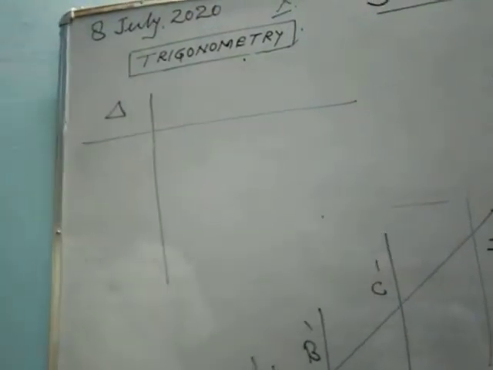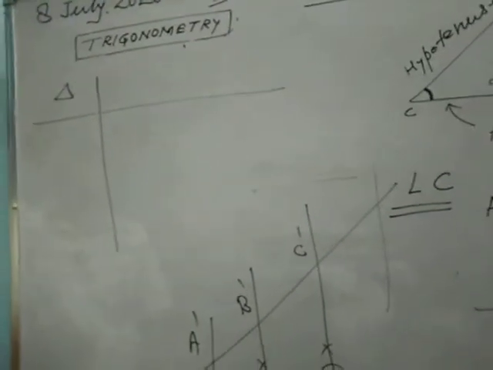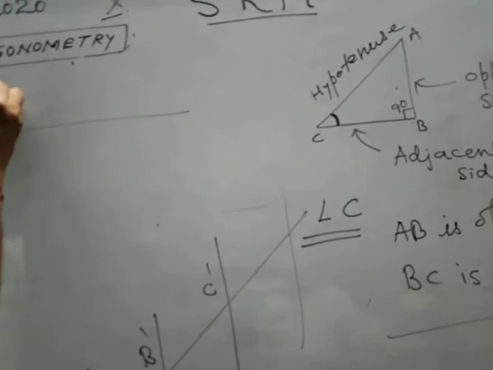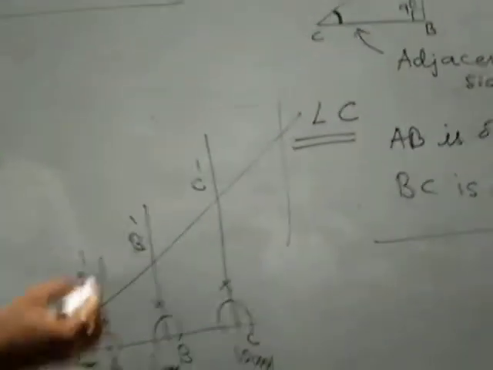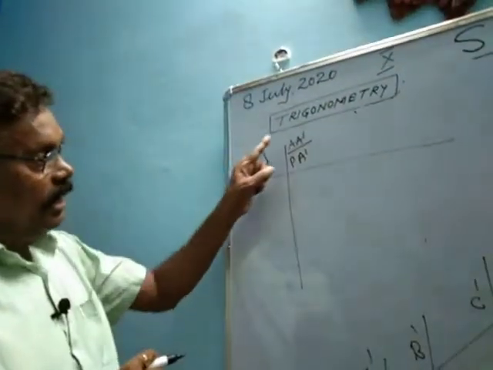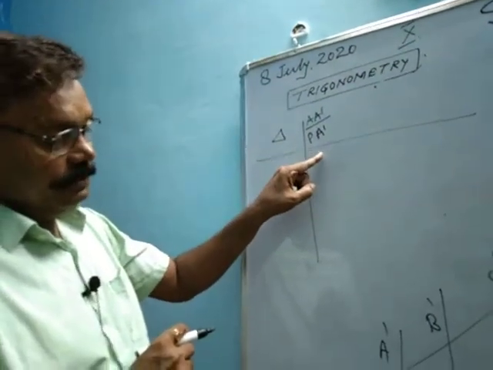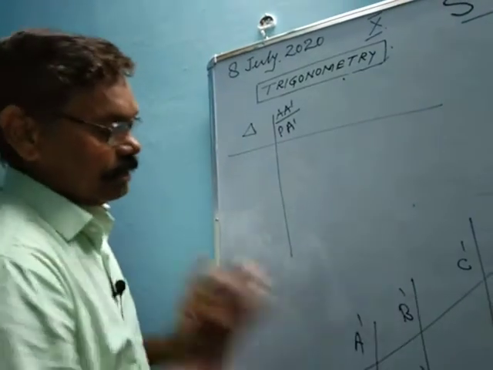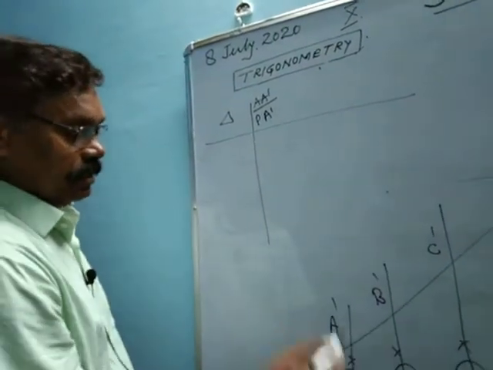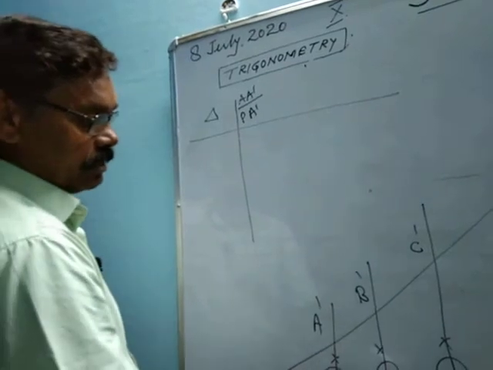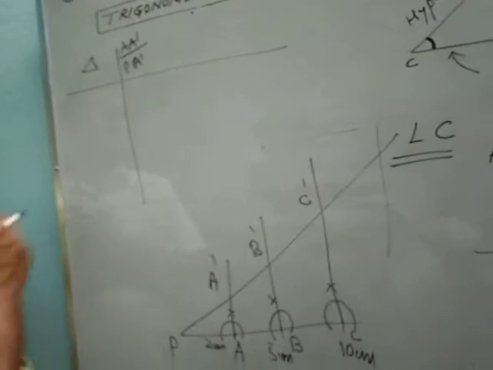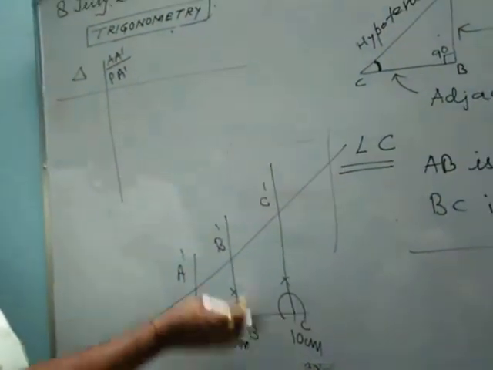Second column is for the sides. Opposite side is A dash. So we will find A dash divided by PA dash. I want to find out the position of A dash and PA dash in this triangle. Then I will take this triangle PBB dash. In this also again I will find out